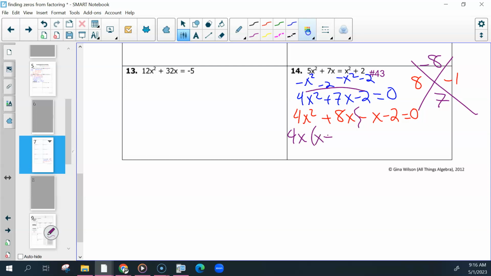X plus, I didn't do the last part. Not 1, 2. There we go. And then GCF on the other side? Negative 1, which would make the inside